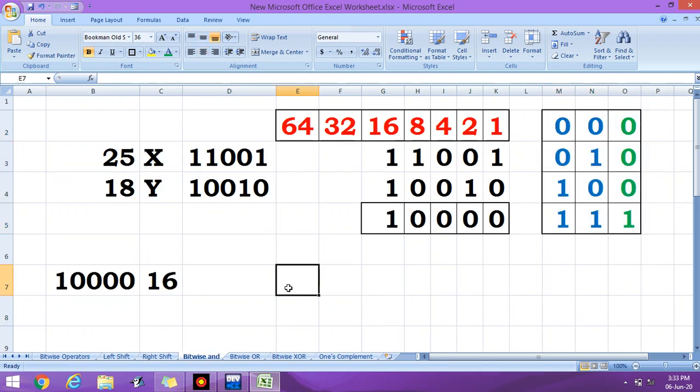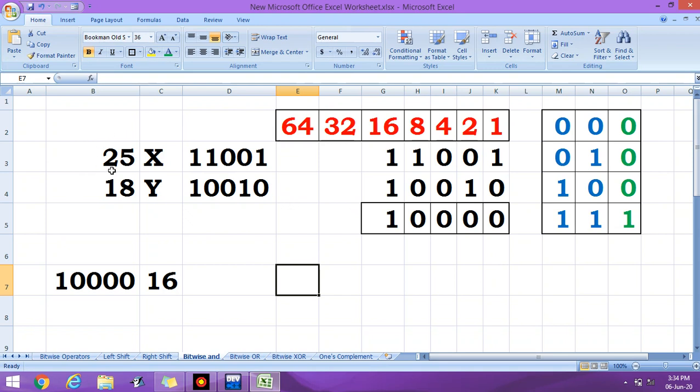Now, what is the meaning of bitwise AND? These are the input values: 0, 0. While you are entering both the values as 0, then the output is 0. For 0 1, the output is 0; for 1 0, the output is 0; and for 1 1, the output is 1. Basically, when both the inputs are high, only then the output is high, otherwise the output is low. You can say the output is 0 or false. If both the values are true or both the values are 1, only then the output is 1.